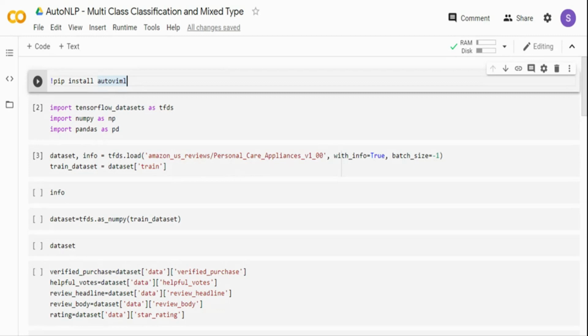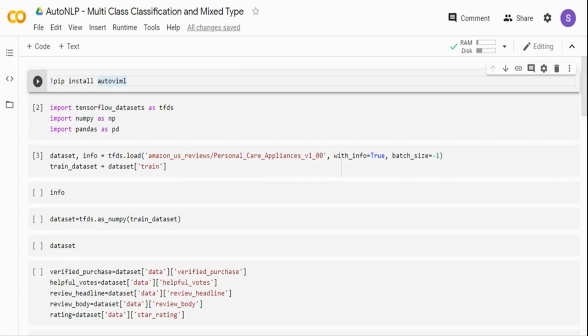And that's what we are going to see now: how we can take the text data and also take the other attributes of that particular data. Whatever data domain we are talking about, that can be your categorical value or continuous value, and we are going to do a multi-class classification on that data. So basically you need to have an NLP workflow as well as a regular workflow, and then you need to combine the insights to produce a model. That's what we are going to do completely using automated machine learning, right?